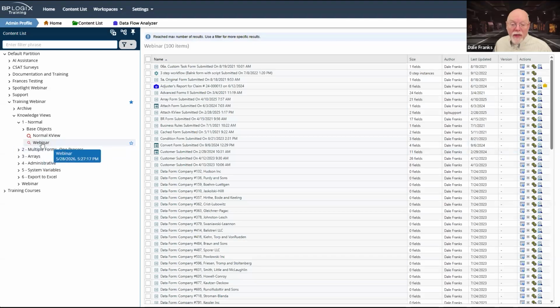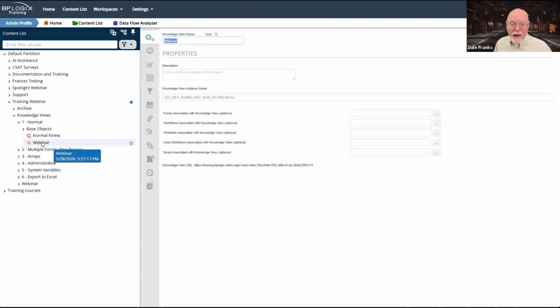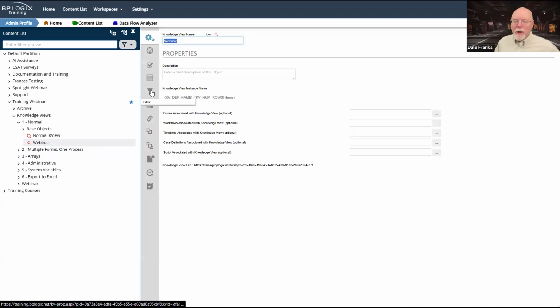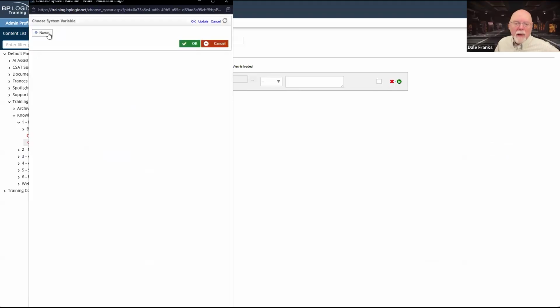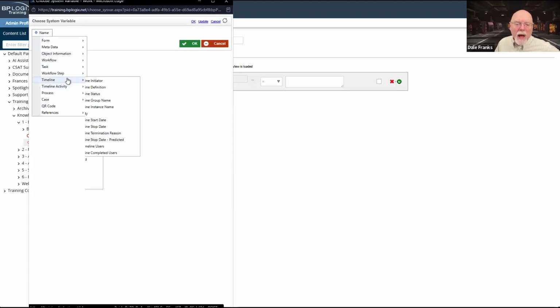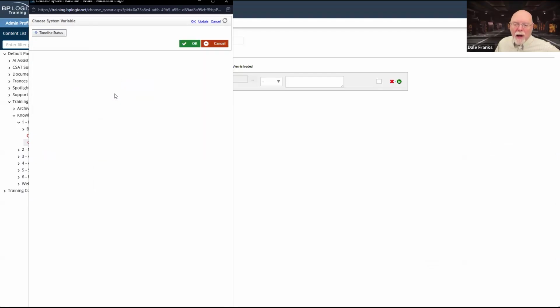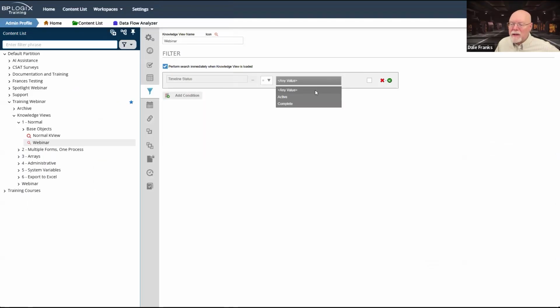So one of the things that I might do is make an active requests knowledge view, which is to say, I would go into the knowledge view, and in this case, I'm going to add a condition, and the condition I'm going to pull here is timeline and timeline status, and I want my timeline status to be active.